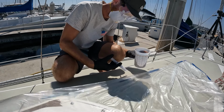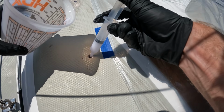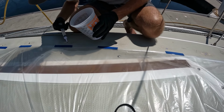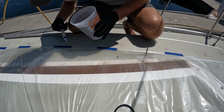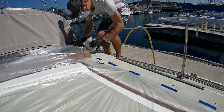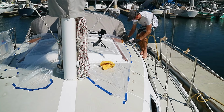As I was running out of time, I decided to eliminate all variables. First, I went to West Marine and picked up some West Systems brand of syringes. Then after mixing the epoxy, I kept it out of the sun for most of the time. So was it the syringes or was it the sun? I can't really be sure, but if I was a betting man, I would put my money on the harsh